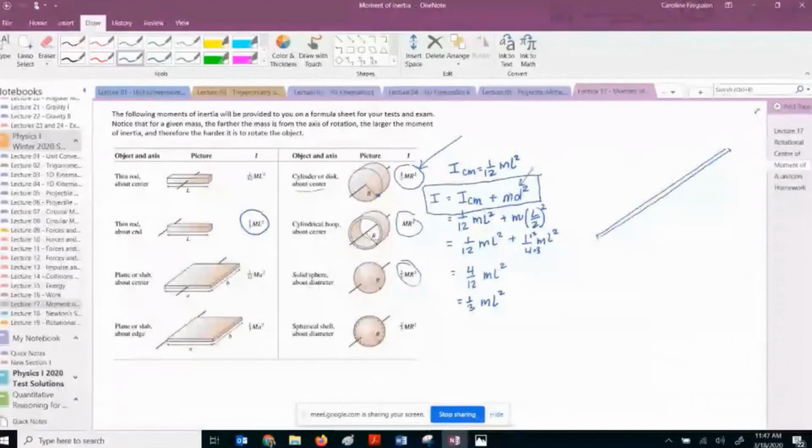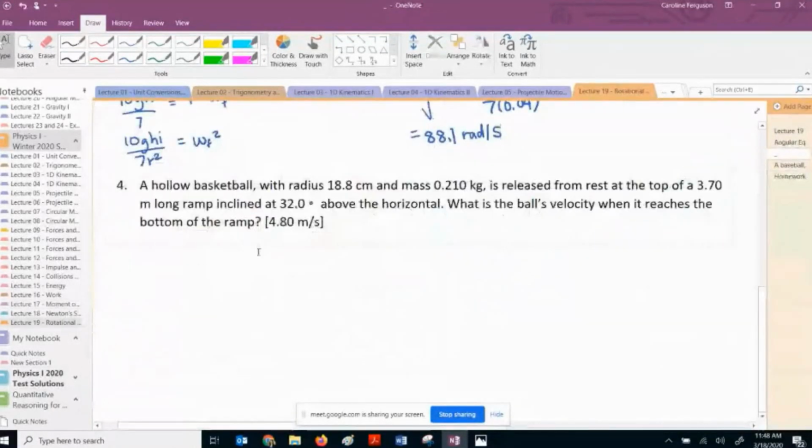It just has the shell of it. It's in the shape of a sphere, but it's hollow inside. That's why I specifically wrote hollow basketball, in case you don't know that a basketball is full of air and it's just hollow inside. I wrote the word hollow so that it's more clear. So we have a hollow basketball, and if we look at the moment of inertia of it,